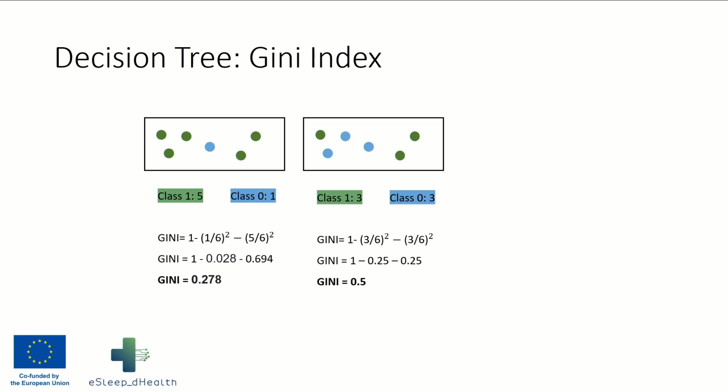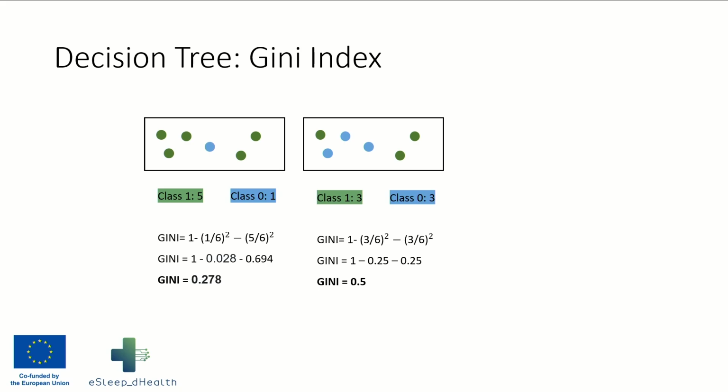So the formula would be 1 minus 1 divided by 6. So here 1 is the number of instances in class 0 and 6 the total number of points, squared minus 5 divided by 6, which is the number of instances in the other class, squared. And this would result in a Gini index of